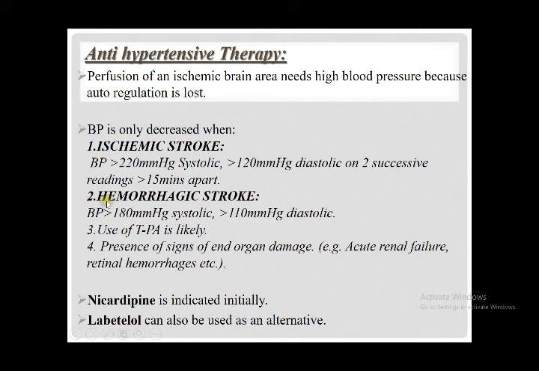In hemorrhagic stroke, on the other hand, you have to decrease the blood pressure acutely, even if it is more than 180 systolic or more than 110 diastolic. And what is the other condition in which you acutely decrease the blood pressure? If you have selected the patient for TPA therapy, tissue plasminogen or fibrinolytic therapy, you have to reduce blood pressure acutely. And what is the fourth indication to decrease blood pressure acutely? If there are signs of end organ damage, for example, a raised urea creatinine level,